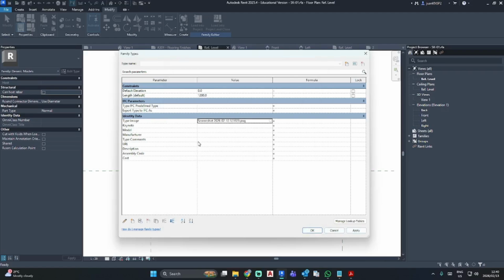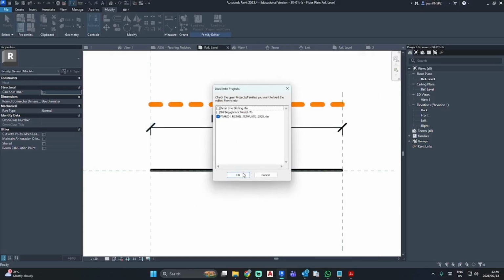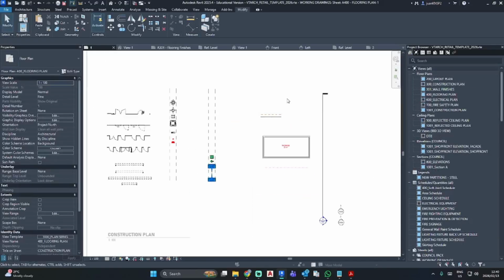Okay, so here we can go type comments. Skirting, just to keep it in the family. Go apply and okay. Just going to load it into project so that if something's not right, we can always double check it.